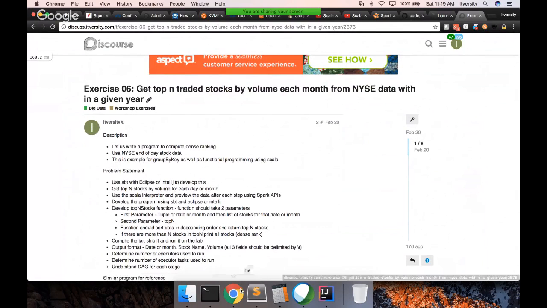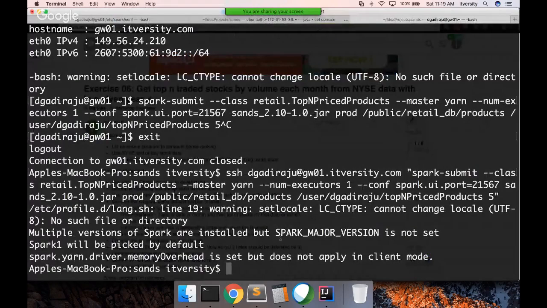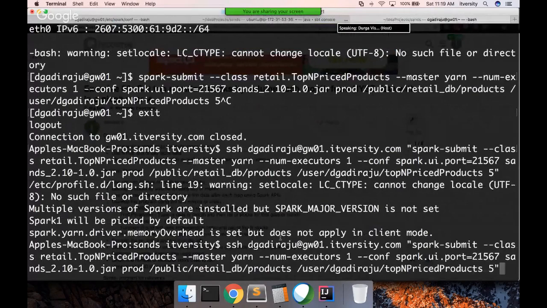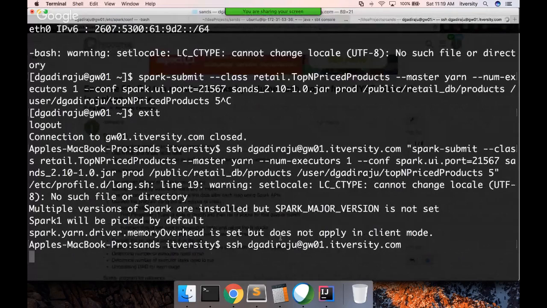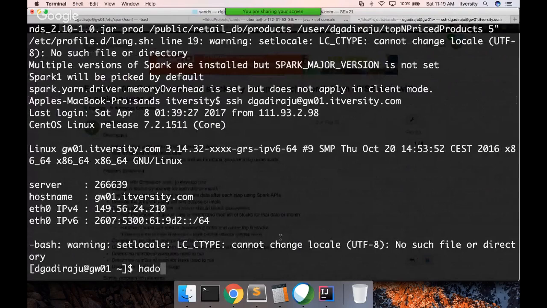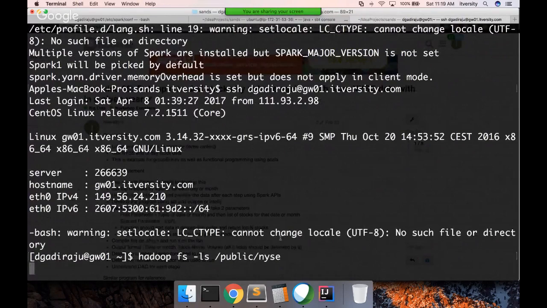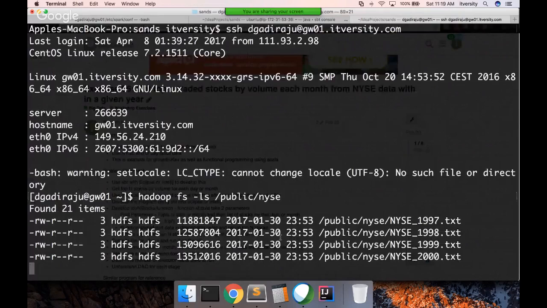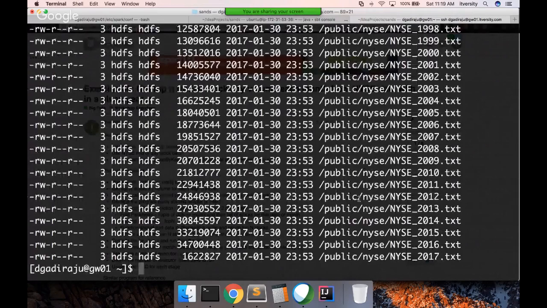So we have the data available as part of the cluster under root fs-ls public nyse. And we have these 21 files, approximately 9 million records. And in this, if you just